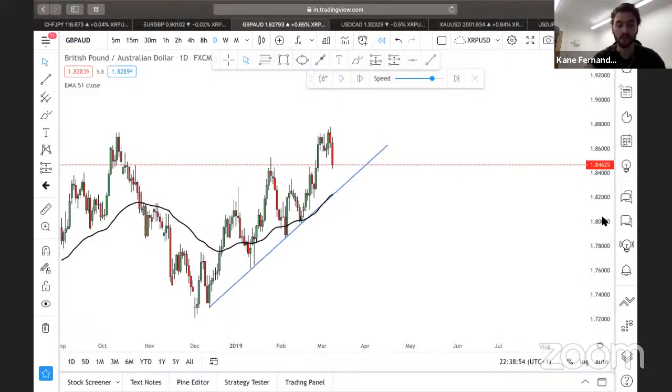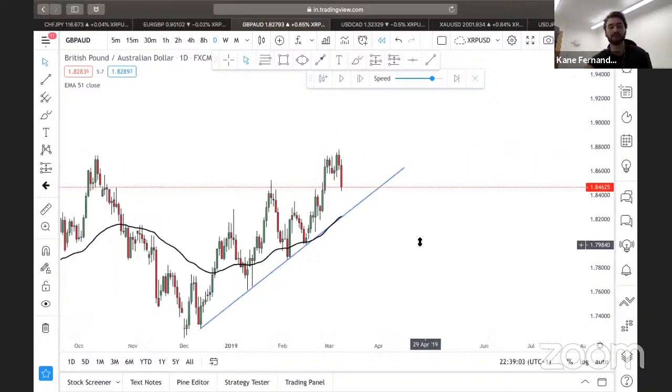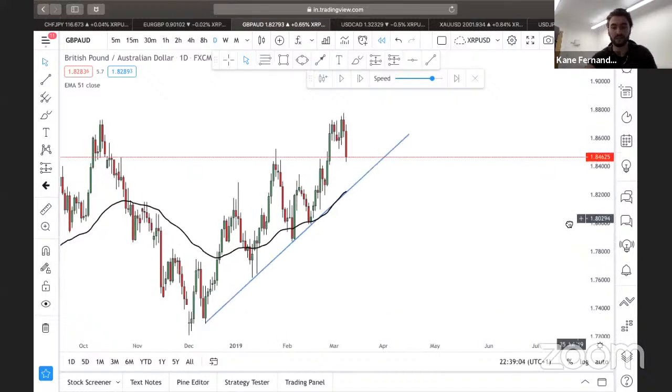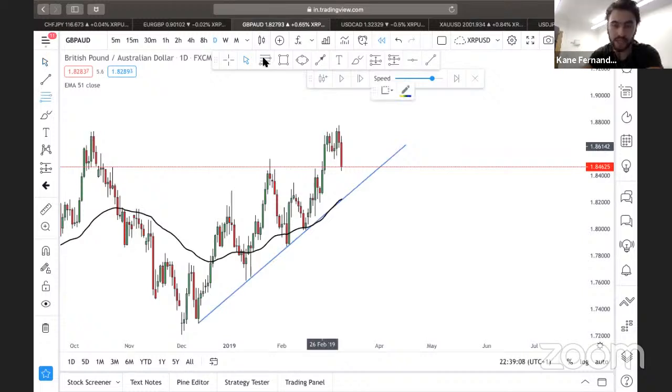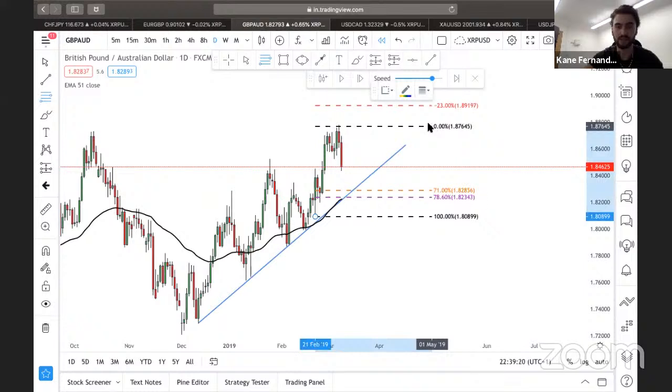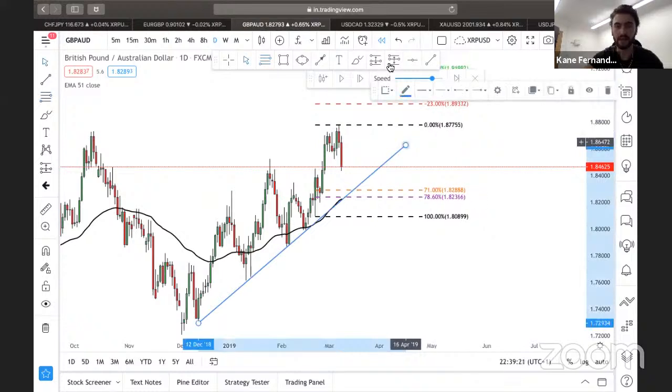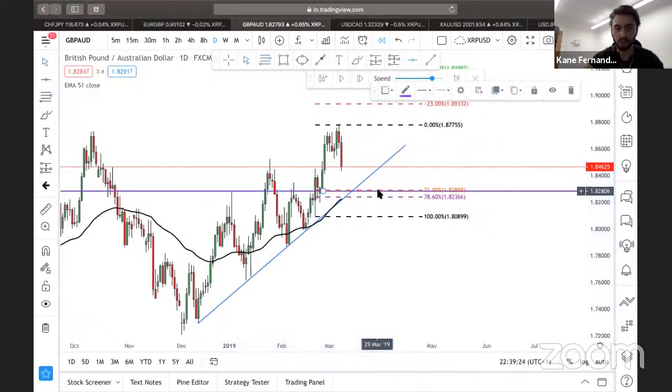So we've got an ascending trend line. You've got multiple touches of this ascending trend line. We usually look for 3, but it still is valid. Next, I can also see the daily EMAs being respected. So next I'd fib it from the last significant low to the last significant high, which is there. And then I look for a psych level.